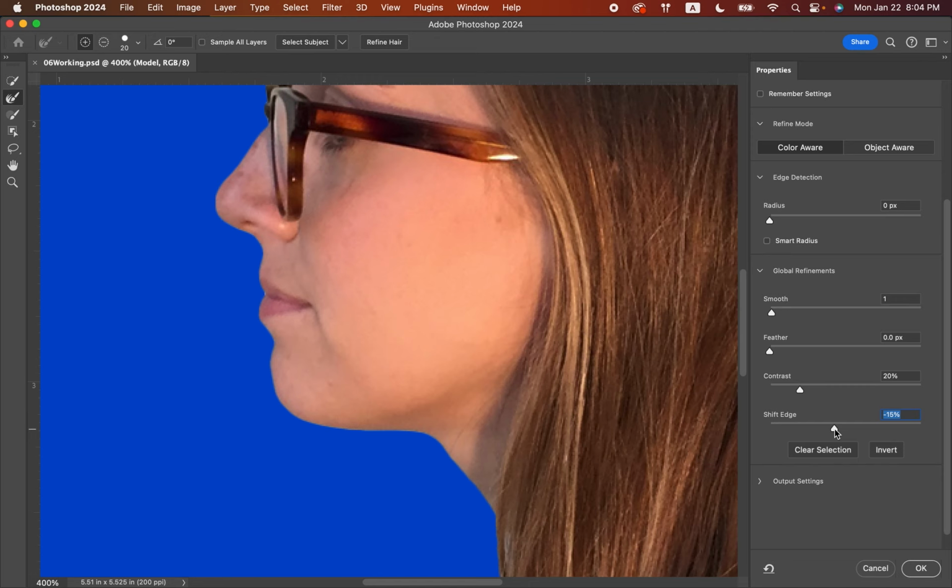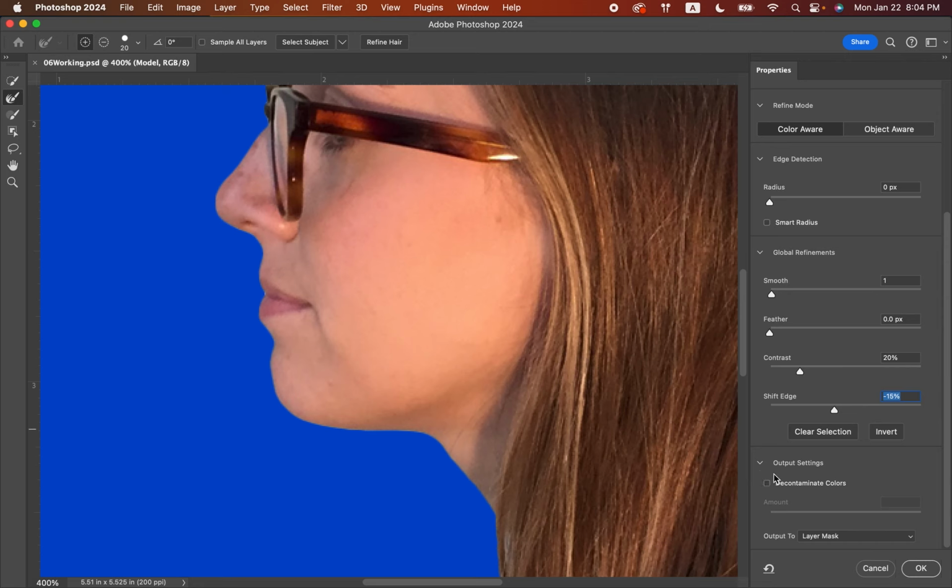Okay, let's see. Background layer. Okay, and if you're happy with that, then that's good. So when you're happy with the mask, you can create its final output as a selection, a layer with transparency, a layer mask, or a new document. For this project, we wanted to use this as a layer mask on the model layer, which is selected when you entered select and mask. So to go down to these output settings, go ahead and scroll that open and go down until you